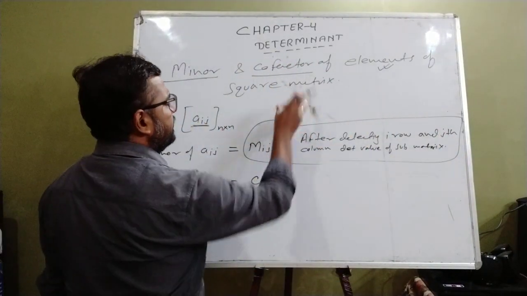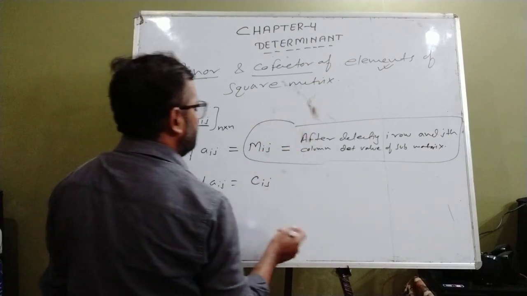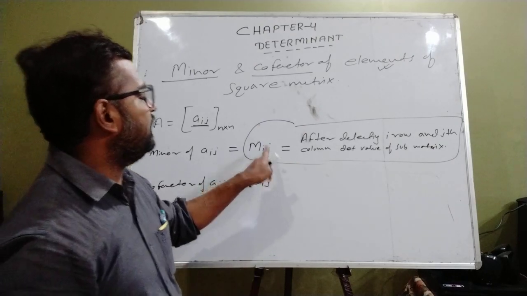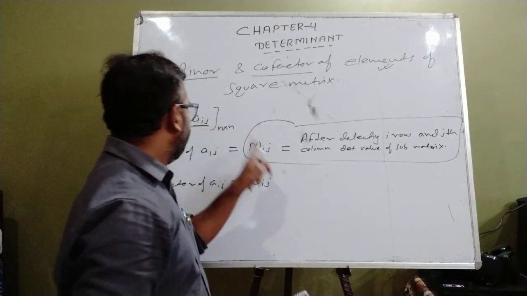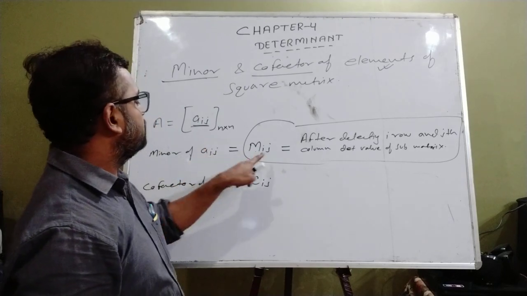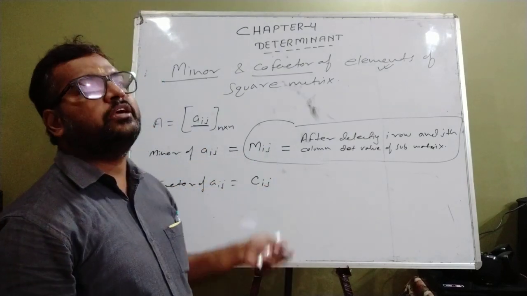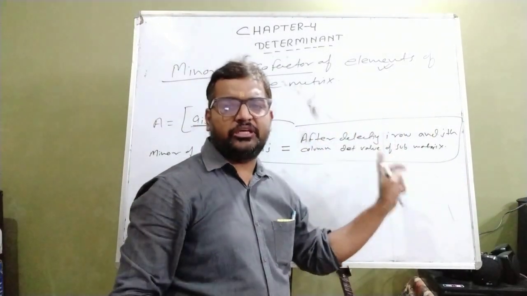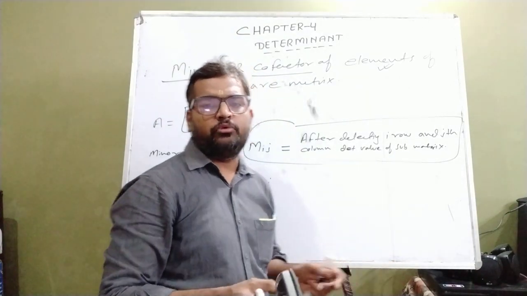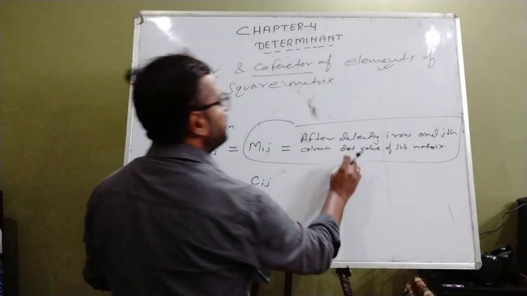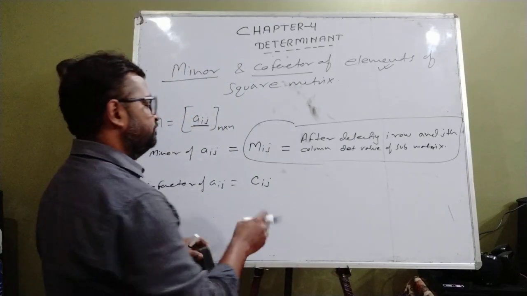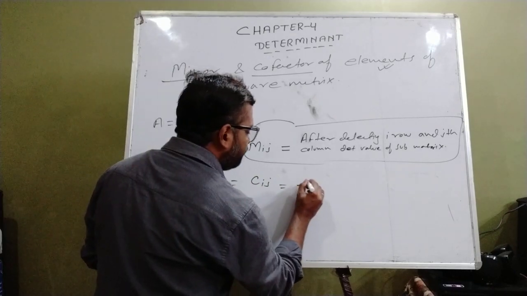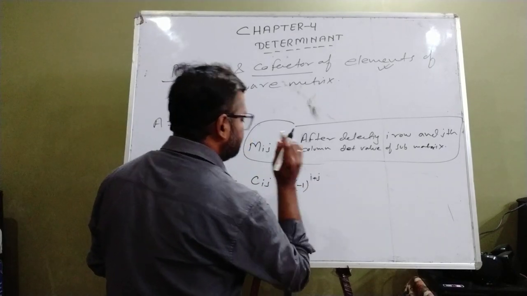We will discuss in very detail when we discuss our example here. Just now, try to understand the concept. What is Mij? Mij is the minor of the element Aij. It is denoted by Mij, and how can the value be calculated? The value can be calculated after deleting the ith row and the jth column. Whatever sub matrix is formed, its determinant value is given by Mij. Now what is Cij? The Cij will be given by minus 1 to the power i plus j.